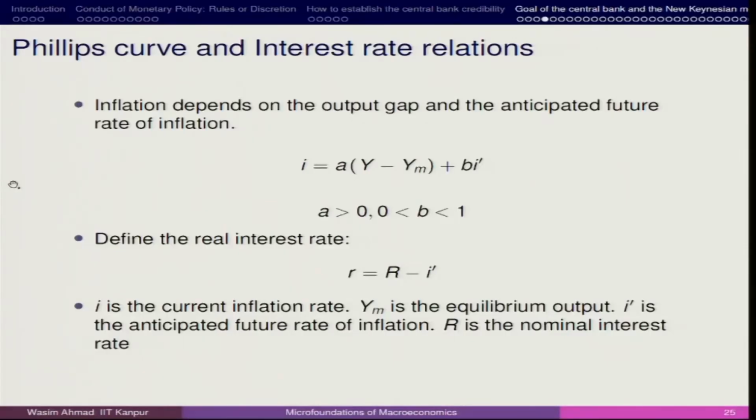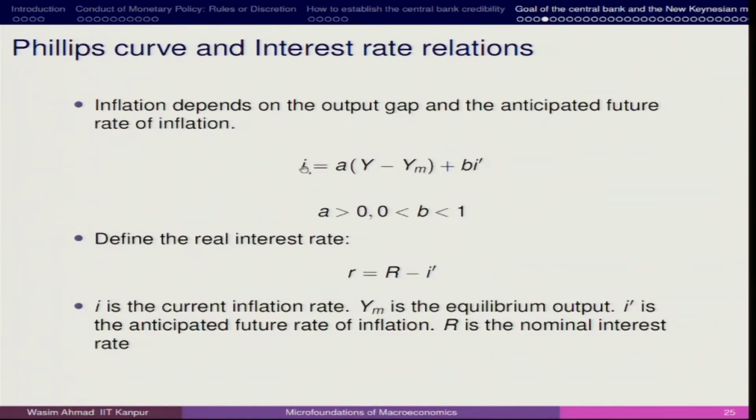Let us understand what we have derived, the Phillips curve, because price rigidity helps the firms become more competitive. If inflation is unexpectedly high, the output level is also going to shoot up. Some firms follow the market norms and have higher expectations about inflation, and some firms are not following, they are following the price rigidity. Here, inflation depends on the output gap and the anticipated future rate of inflation. So, the output gap is directly linked with the rate of inflation.